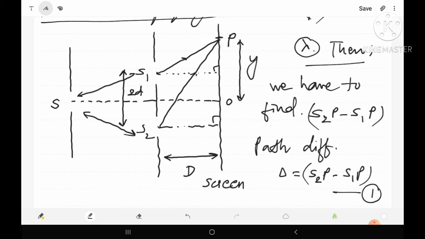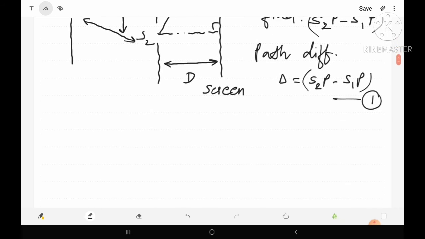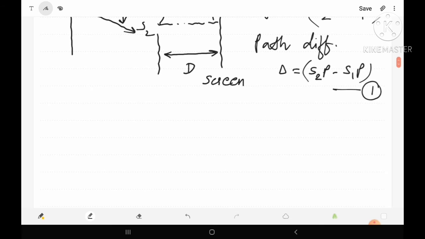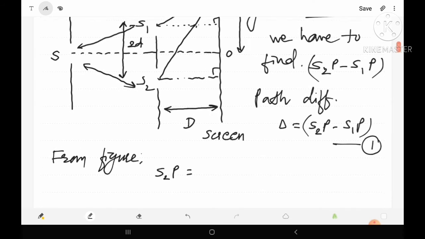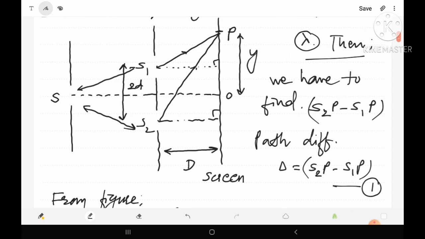Suppose equation number 1. So dear all, if we want to find S1P and S2P, then obviously from this figure we can find it by using the Pythagoras theorem. So first of all, let us try to find S2P. From the figure, S2P may be written as, suppose this is M, suppose this is N. Then S2P will be equal to